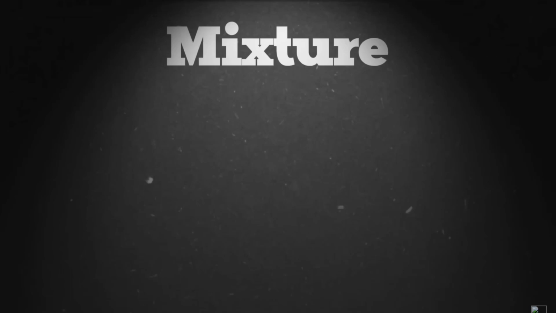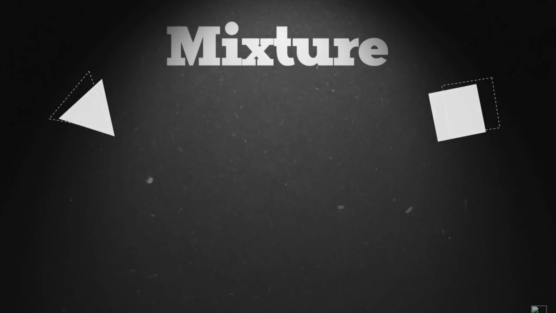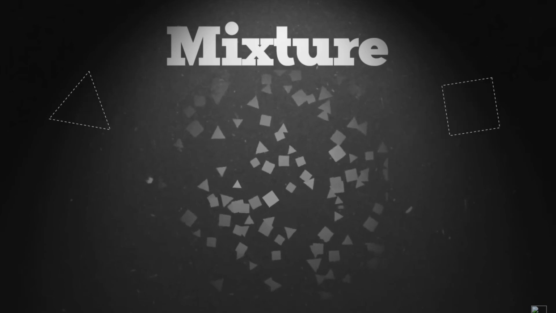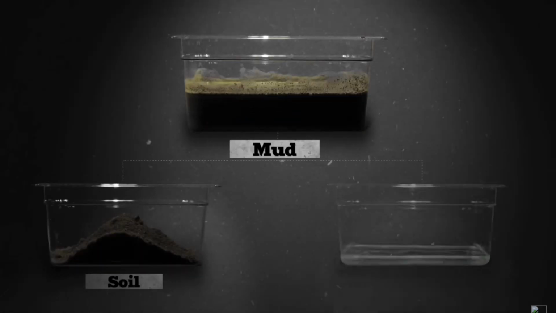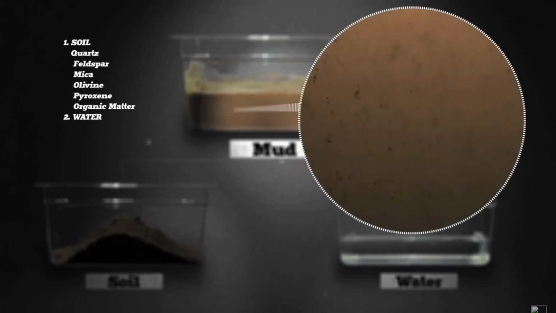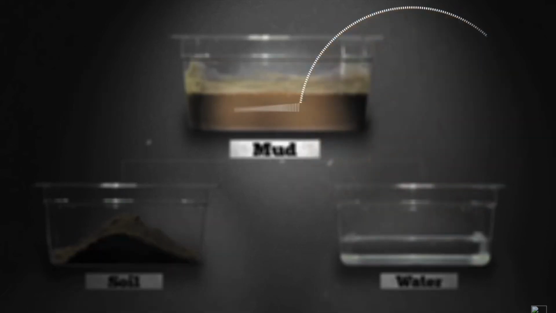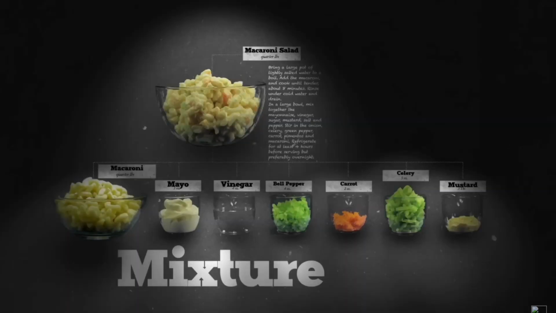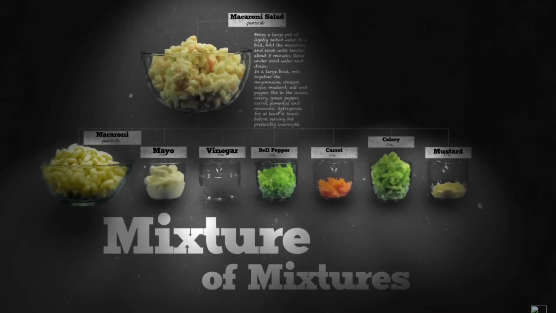When you make a mixture, you're combining two or more things together without actually changing the chemical identity of those things. Like mud, for example. The soil and water in mud haven't actually changed. They're still soil and water. You've just created a mixture of soil and water. Mud. It turns out that macaroni salad is actually a mixture of mixtures, because many of the ingredients, like mayo